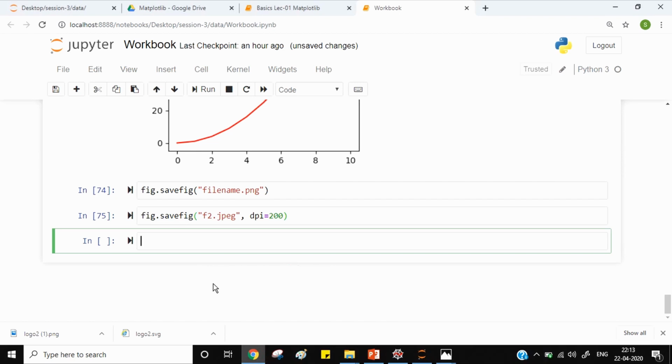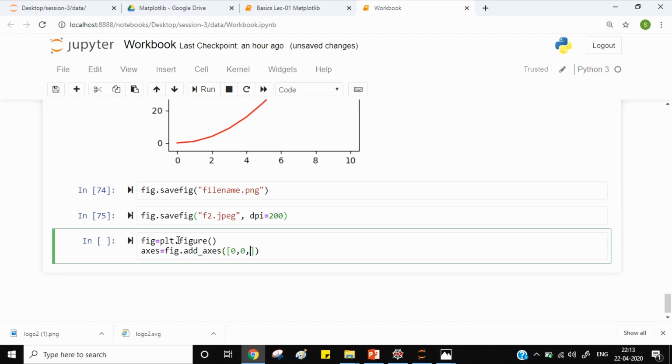Now let's return to our concept of multiple plots. I have a figure object and I'm adding axes, say 0, 0, 1, 1.